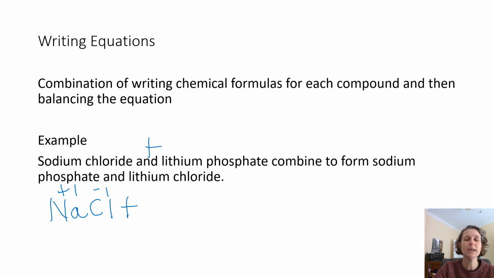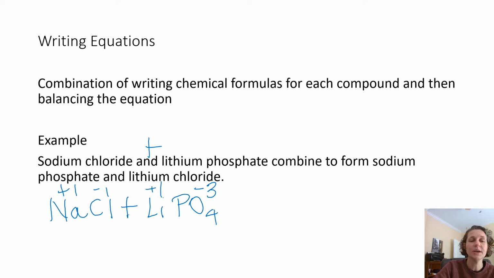Plus lithium phosphate. Lithium is Li, and it is a +1, and phosphate is PO4, and it is a -3. Now, they don't equal 0, so this is where I add my subscript. I need 3 Li's. So now that will equal 0, and that is lithium phosphate. "Combined to form" is just a long way of saying arrow. So they combine to form sodium phosphate,